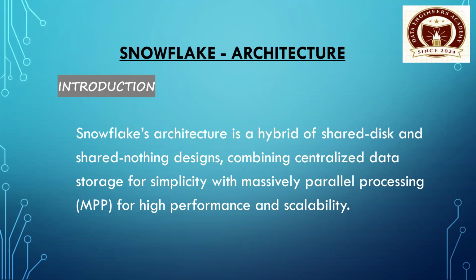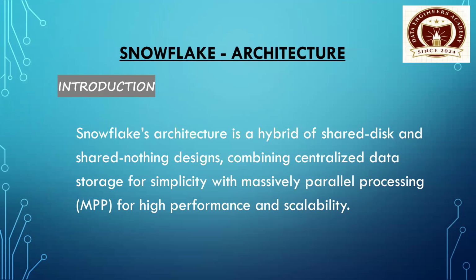Shared disk means all the data is stored in one central place, so it is easy to manage. Shared nothing means queries run split across many separate computers, each working on its own part of the data. So that's why it is fast and scalable. Snowflake combines storing data in one place with using multiple computers to process the data. That's why Snowflake architecture is a hybrid,